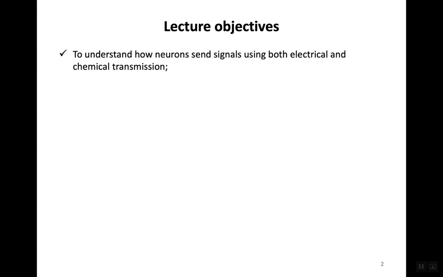Okay, so quickly going through the objectives of the lecture today. First, we want to understand how neurons are able to send signals using both electrical and chemical transmission. It's hard to fully appreciate what's going on in the human brain without having some understanding of neurotransmission. However, to appreciate the practical and clinical relevance of good, normal neurotransmission, we'll also look at what happens in some disorders and diseases, such as multiple sclerosis and amyotrophic lateral sclerosis, also known as Lou Gehrig's disease, as